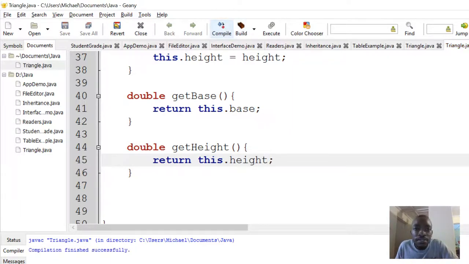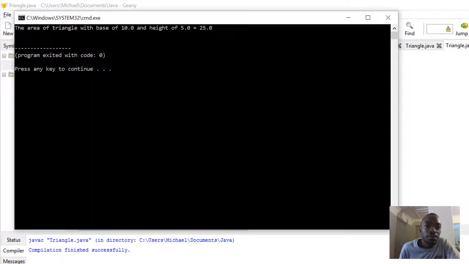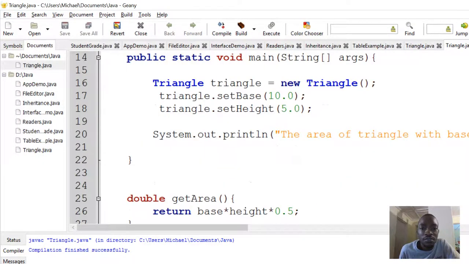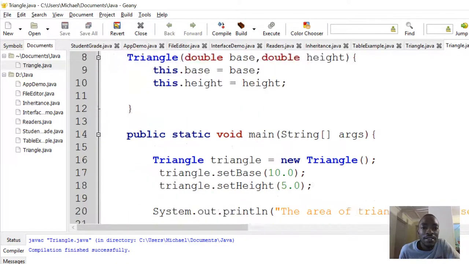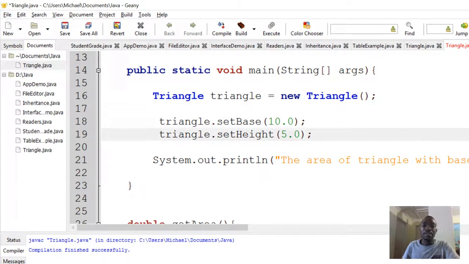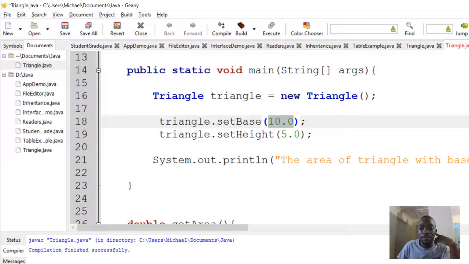Compile, execute. Okay, so the area of triangle with base of 10 and height of 5 is 25. Great. So you've seen how we can use setters to assign values to our base and height. Now let's see how we can capture user input, allow the user to specify values at runtime instead of putting them in our code, because our program isn't going to be much useful. A person would like to be able to enter the height and the base themselves so that they get the